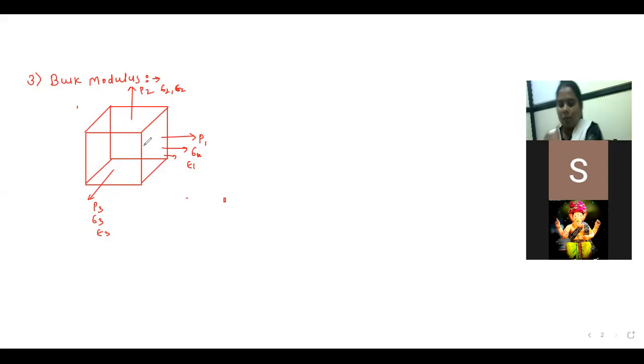So this is our block. On that block, we apply a number of forces simultaneously. First we assume the stress along the x direction is equal to the stress along the y direction, which is equal to the stress along the z direction, which is equal to the normal stress. This is our first assumption. Here the area is constant, and on this constant area we apply the forces, so the generated stress will be constant. That's why I have written sigma x equals sigma y equals sigma z equals sigma.